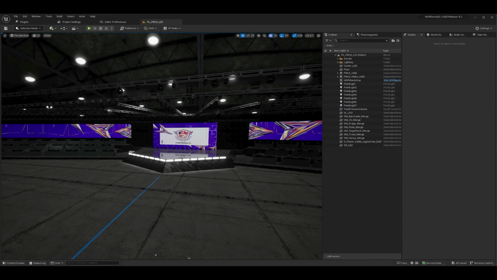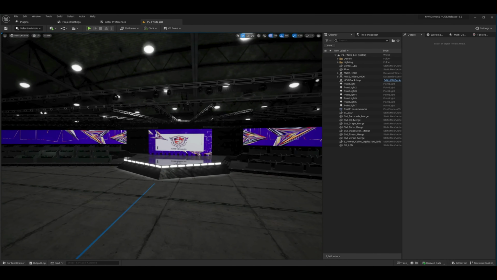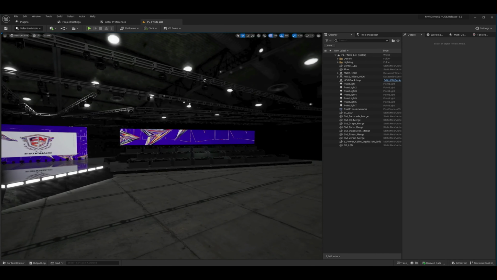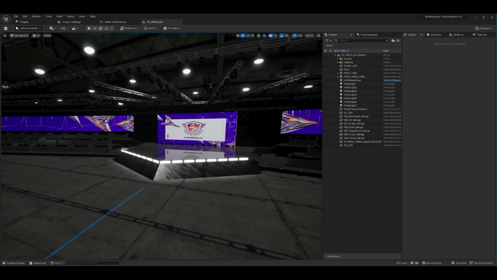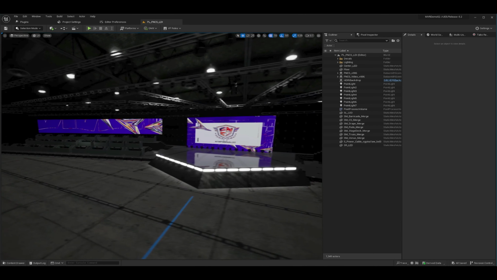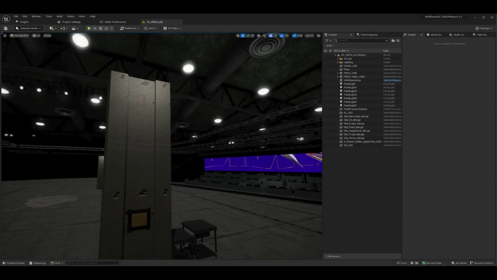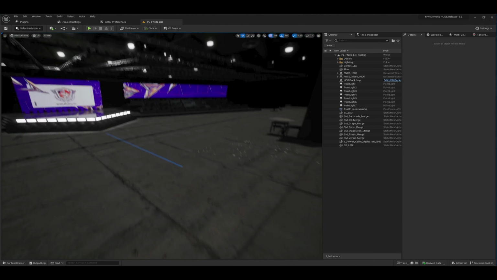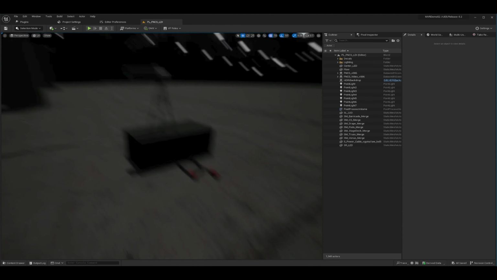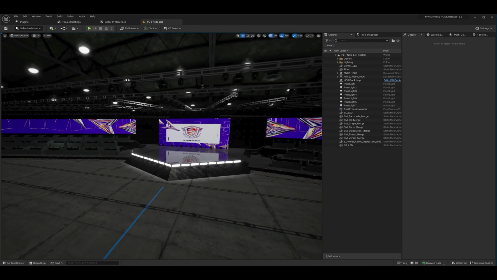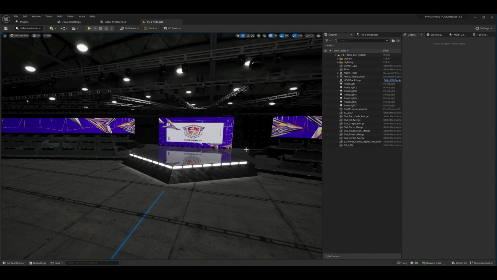Let's take a little look at the final product before we move on to importing. This is what the scene looked like after I came in and just added a few textures. I'm actually not using any of the advanced rendering features of Unreal. This is just the raw deferred renderer. And I just applied some materials from Quixel Bridge. I put a couple of decals and some stuff up at the tape line. Somebody left a cable sitting out. And this is just some of the stuff that you can do inside of Unreal when you're taking advantage of all the 3D tools that we have to offer.